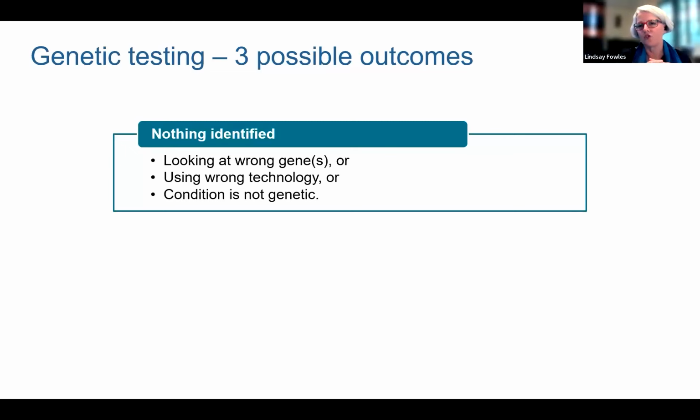And families share more than just inherited single gene factors. They can share environmental factors as well. They share diet, they share interest in exercise, they share smoking behaviours. So sometimes it's not because it's a single gene genetic factor that's causing the condition. It's because the family has multiple risk factors that are predisposing them to a particular condition, and we can't find that with a single genetic test.